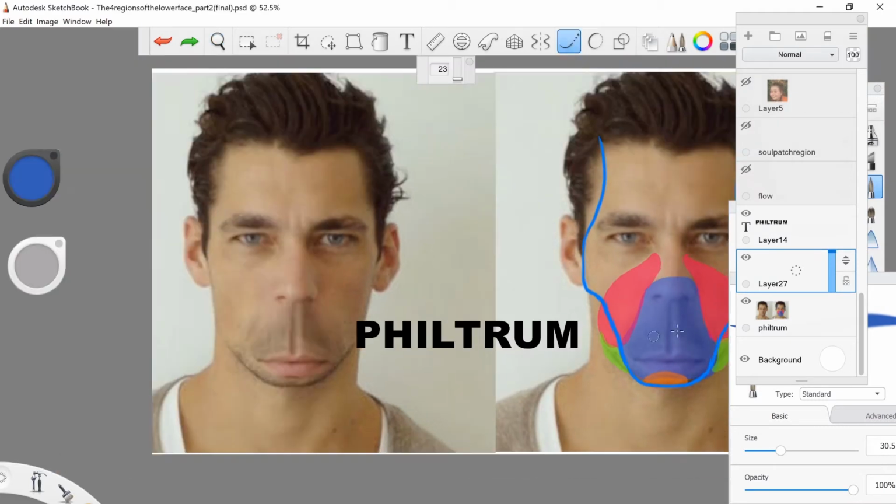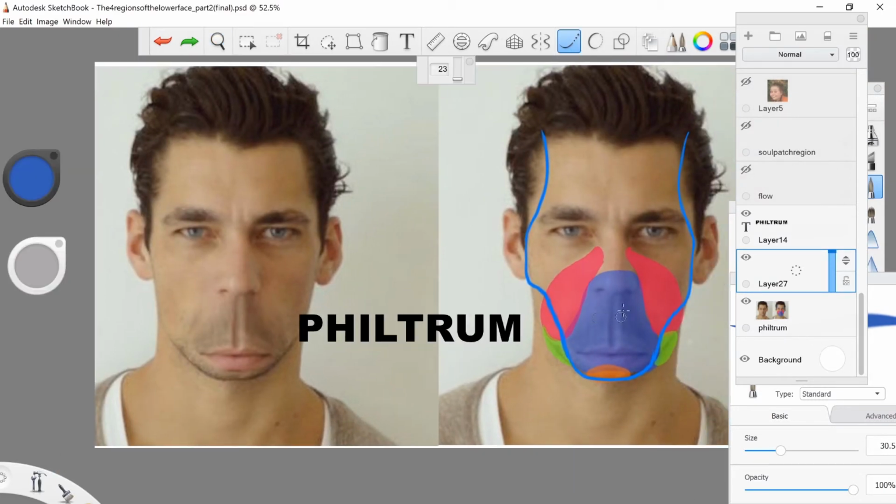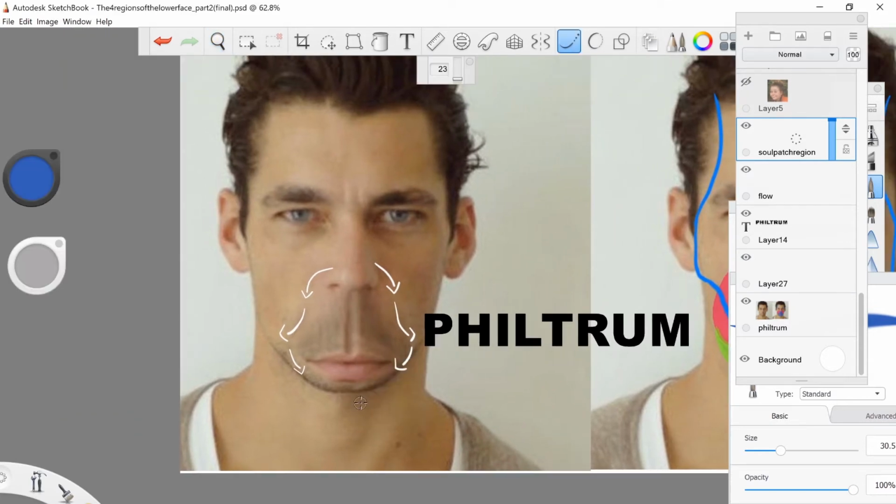Okay, so the philtrum. And then over here, we have the 4 regions of the face, along with the flow of the cheek that goes through the entire face, as well as the flow of the cheeks. So this is the flow of the cheekbone, and this is the flow of the cheeks. If you haven't seen the first part, make sure you check that out. And then let me go over the other flow I forgot to go over in the first video. And that flow is, once you go down right here, there's this flow that goes down,